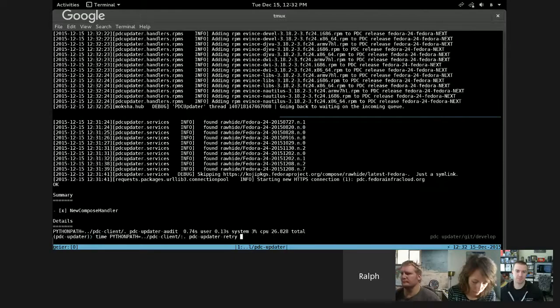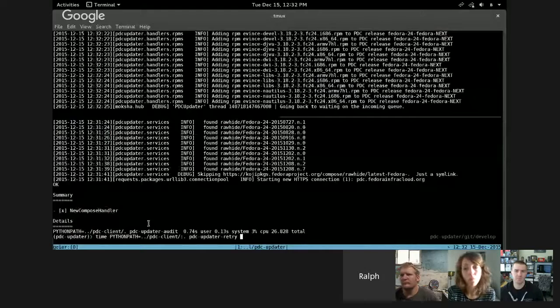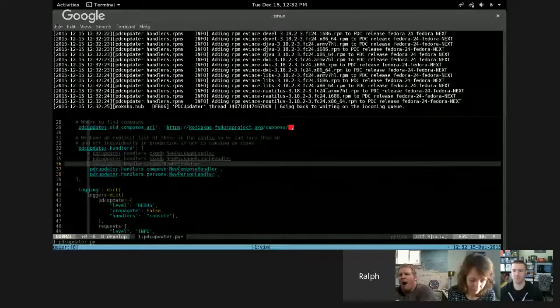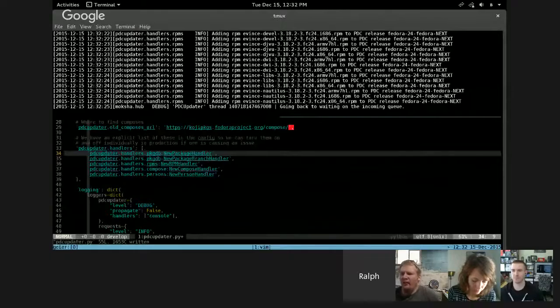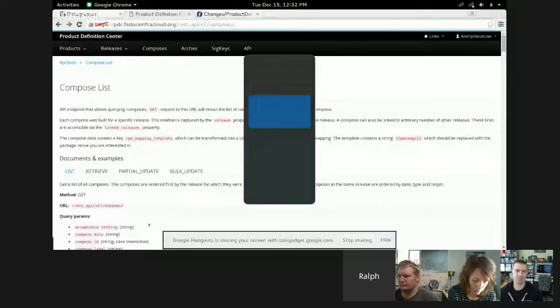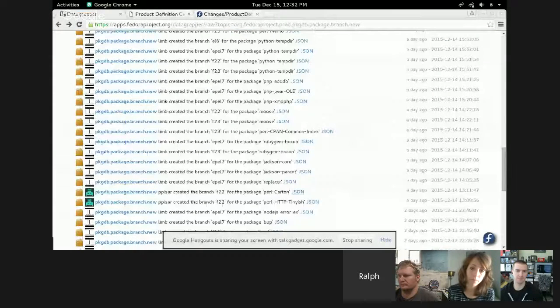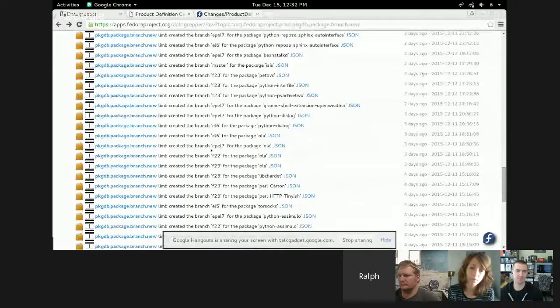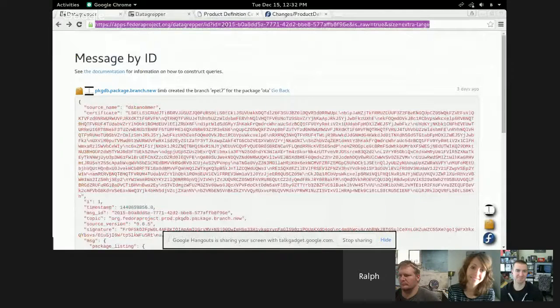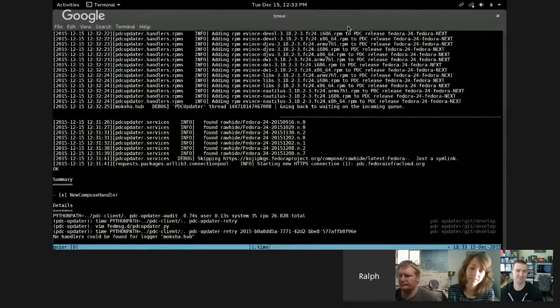So I'll switch here and go to, sorry, I'm going backwards here. Let me re-enable those plugins that I disabled. So we have all of them in place now. We've got a retry command, and we'll get a fresh message ID. Go down here, and look at datagrepper, and say we'll pick one. How about this EPEL7 branch for Ola? Get the message ID here, paste it in, and fingers crossed,